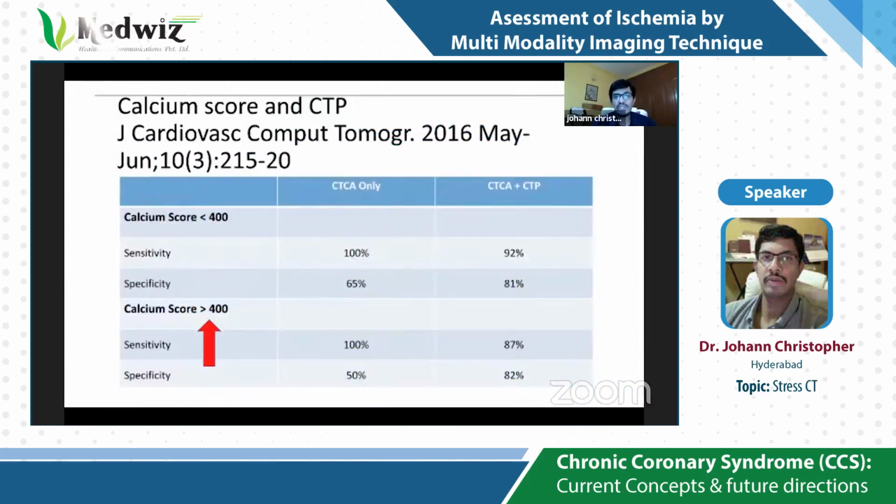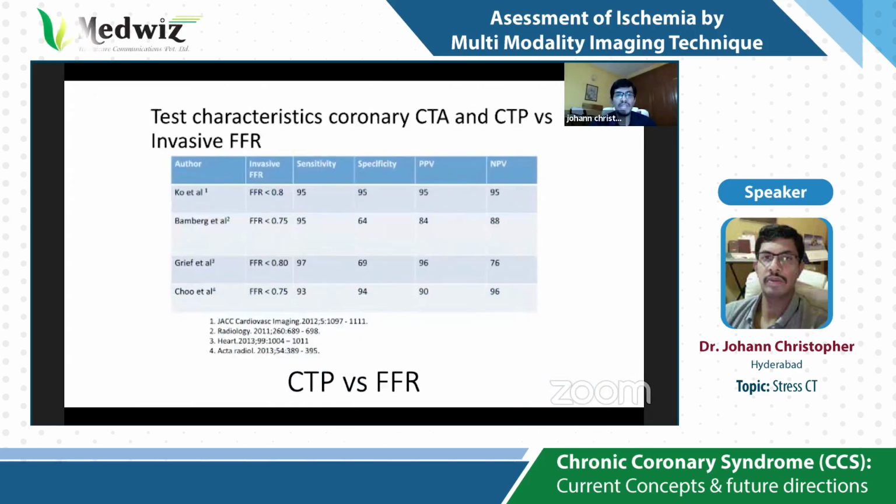Now, this is where things change. When you have a high calcium score, the image quality comes down, and with that, the CT FFR ability to measure really comes down, because it all depends on a good quality scan. And here you will see the accuracy, both sensitivity and specificity, remain true in CT perfusion because it doesn't depend on the calcium. And when you look at the invasive FFR data,